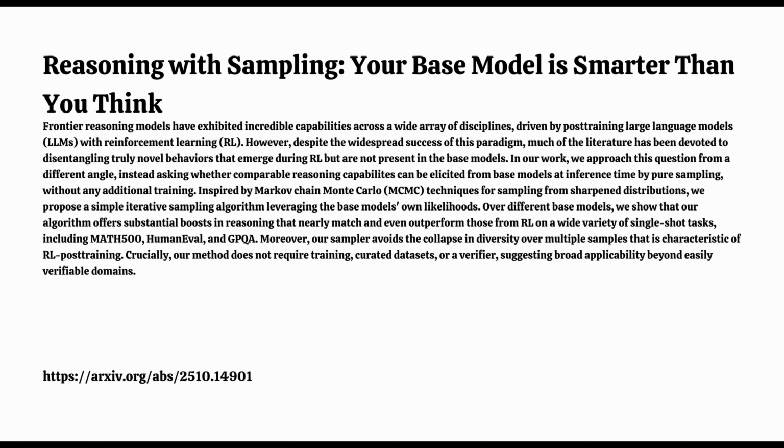Today we're looking into the ongoing quest to make large language models better at reasoning, for tasks like math or coding. For a long time, the main approach has been reinforcement learning after the main training, RL. You basically reward the model for getting verifiable answers right, and it's led to some really big performance improvements. Huge jumps. It's been so effective that it's almost become the default thinking, hasn't it? That you have to do this extra RL training to unlock serious reasoning.